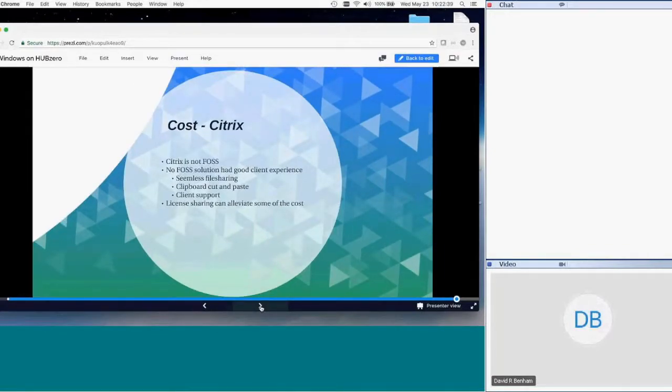And then there was the cost of Citrix. Citrix clearly is not free open source software. The problem was all the open source solutions that we investigated didn't have an idealized client experience. The three keys you see there, seamless file sharing, clipboard cut and paste, and a variety of client support were huge issues for this particular client, so much so that they were willing to pay the premium of using Citrix